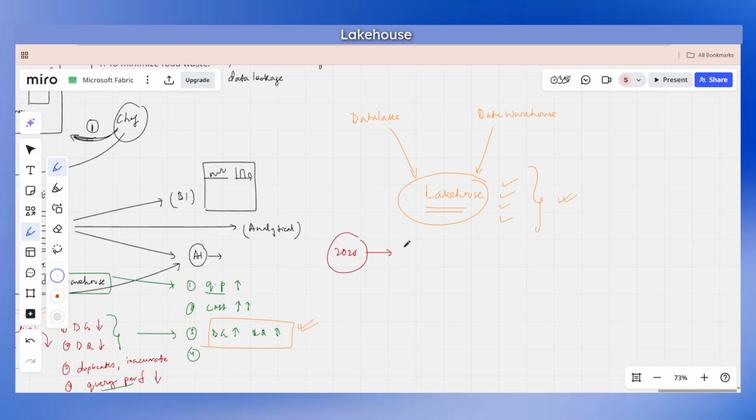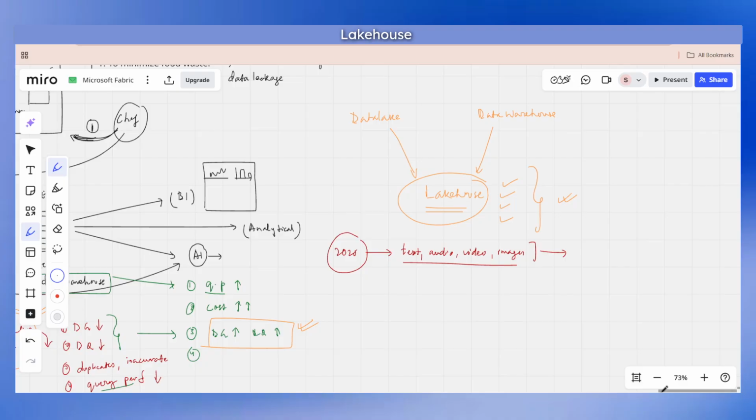Nowadays we have data coming in apart from our traditional JSON and flat files, whatever data we had. Nowadays we have multiple kinds of data like textual data, right? We have audio data, we have video data, we have images, and many more. So if we have all of these kinds of things,